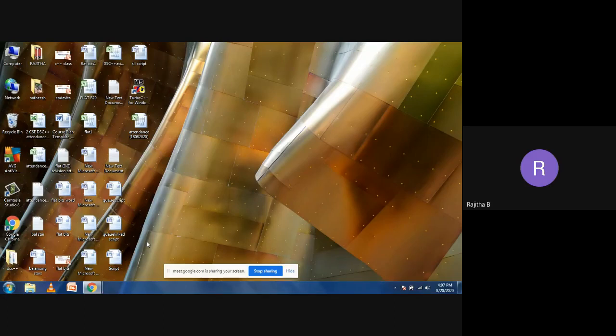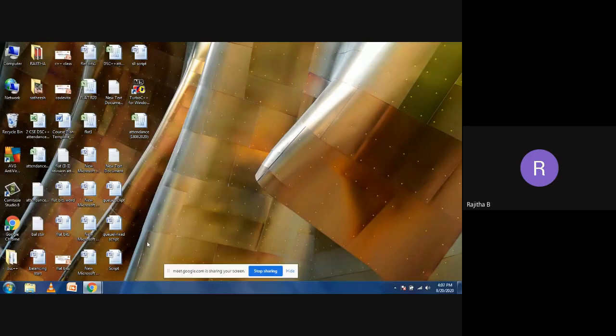Take A, B values, C, D values, D, E values like that, read the values to those members and display the values. That's it. Is it possible to write the program? Yes, ma'am. Is there anything complicated? No, ma'am. Okay, good.